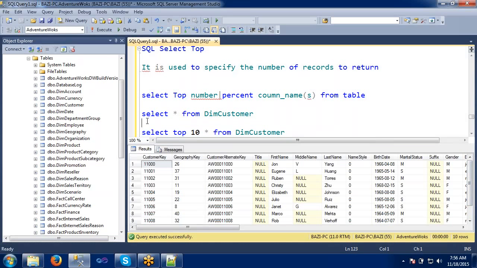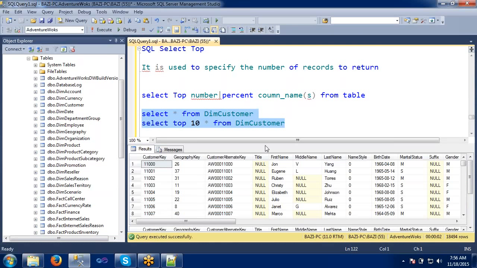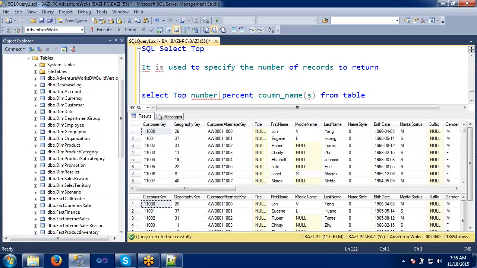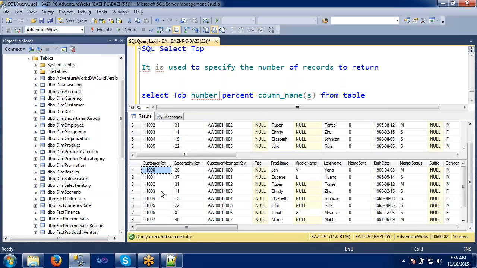If you want to see what those top 10 records are, let's see both at a time. See, the above query returns 18,000 records. The second query returned only the 10 records.